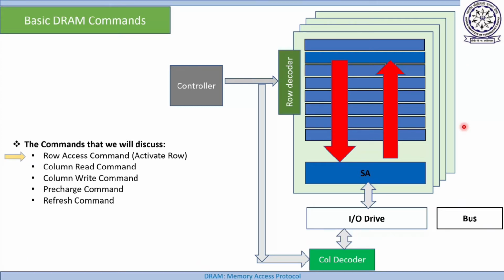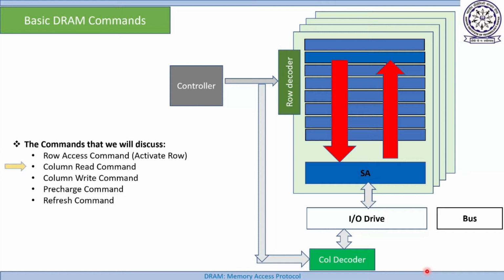And that's why I said the purpose of the controller is only to send the command. Once this command is given, the device knows what to do. First of all, it will move this data from here to here, and doing this the row will be discharged, but after some time automatically this row will be charged. How this is charging, and why I'm saying automatically, for this you please refer to my first lecture and see how the sense amplifier is used for reading and writing data from a DRAM cell.